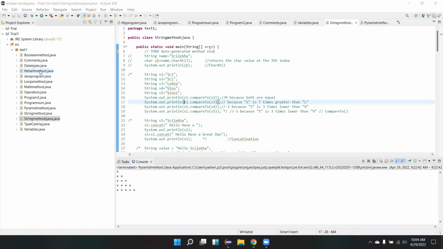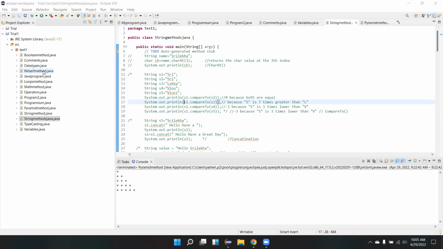We rarely use these, but the reason I didn't talk about them is that before understanding string buffer and string builder, you should understand what an object is, what a class is, and how this works. We should understand those topics very clearly, then you can understand those particular things. That's the reason I kept that one parked. Once we complete these OOPS concepts, you can remind me on this so that I can explain string builder and string buffer, because that's a very important topic from the interviewers' point of view.